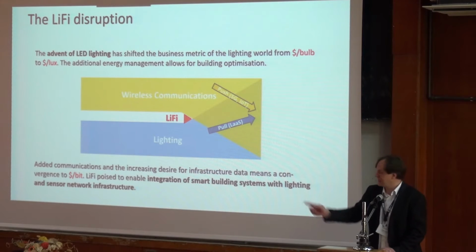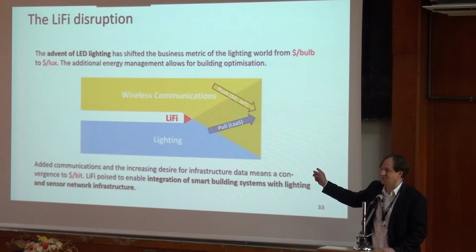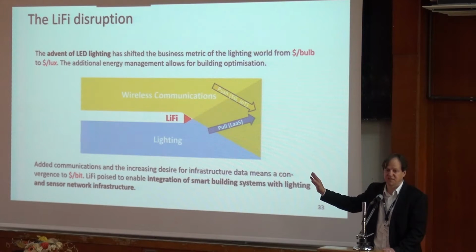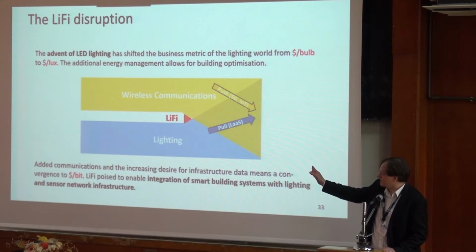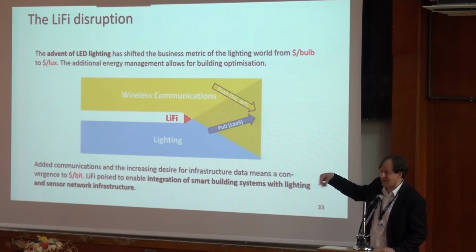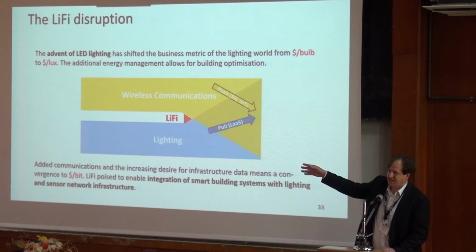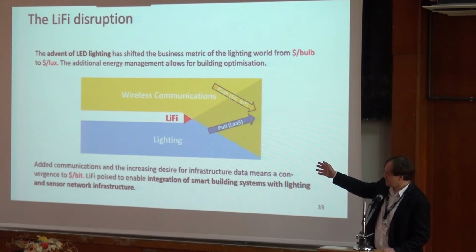And the lighting industry is now looking into light as a service. So lights in the future will do much more than just provide illumination. The lighting industry basically takes market share from the wireless industry. And this is a pull mechanism with light as a service. If that is the case, and with the wireless communications spectrum crunch, the wireless industry has a unique chance to extend into the lighting field via the push of 5G and IoT.